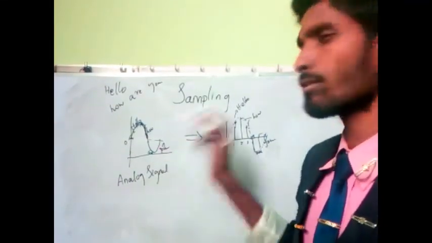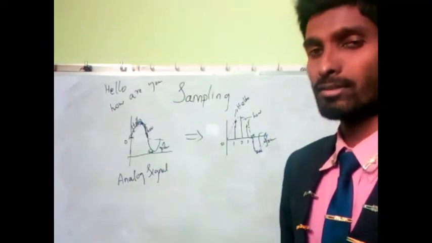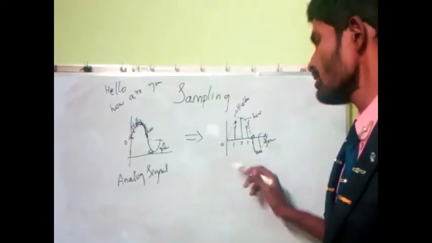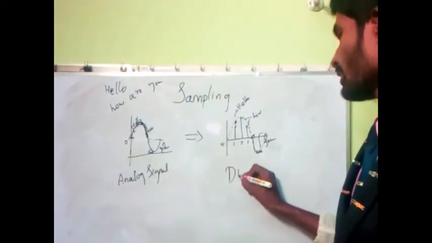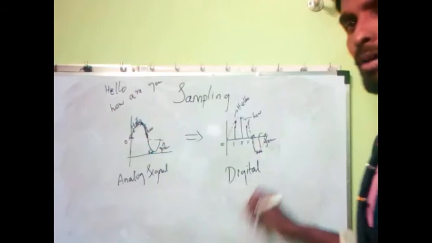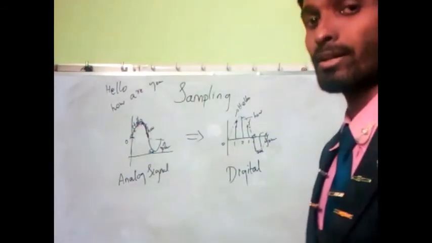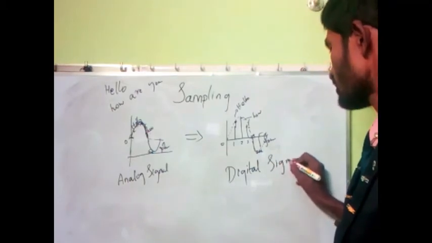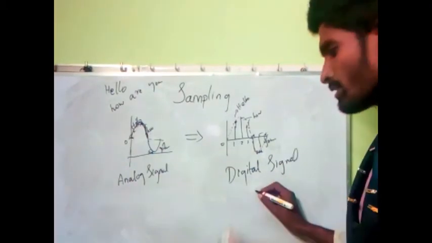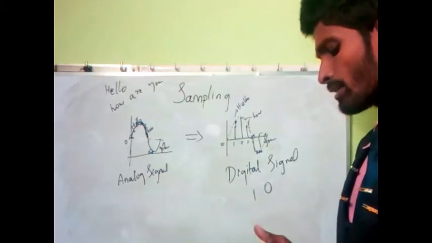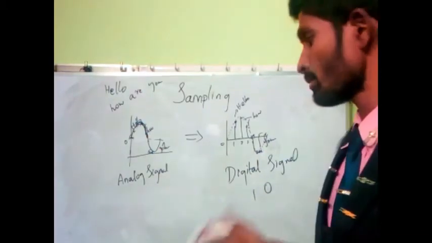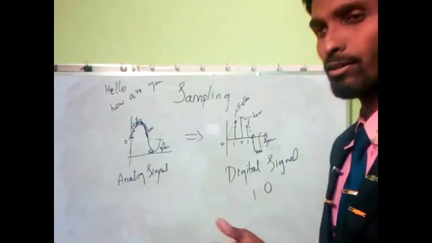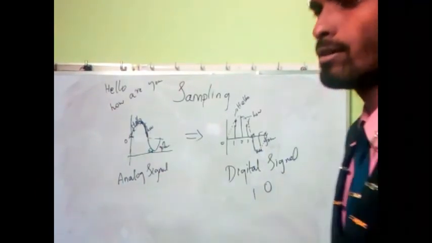Now look up, this is called sampling. Sampling is a theory which represents the conversion of an analog signal to a digital signal. This is a very important point, and it will be used by computer science engineers, electronics and communication engineers, and telecommunication engineers. And this is called a digital signal. A digital signal has two values, 1 as well as 0. Moreover, computer science software engineers will be working with these signals in the form of 1 and 0, and that is their main role.